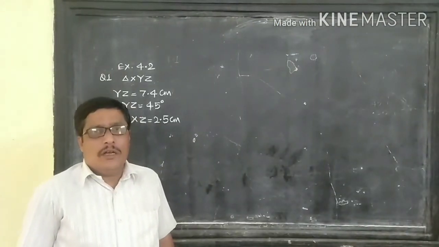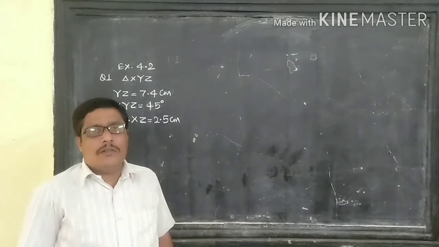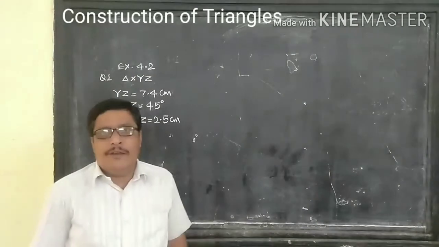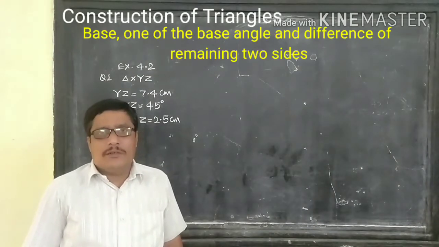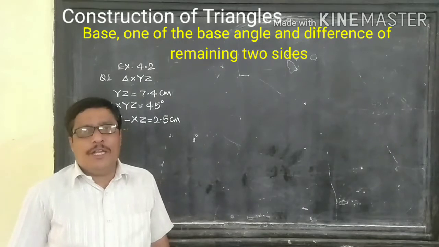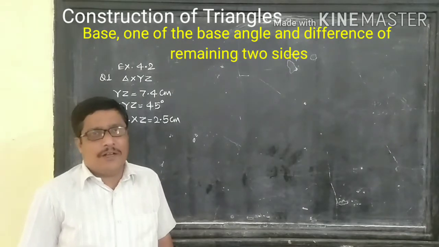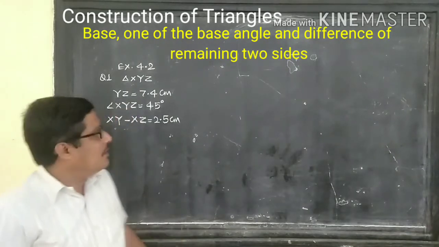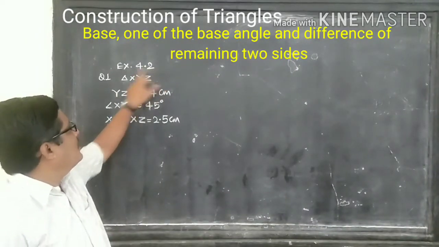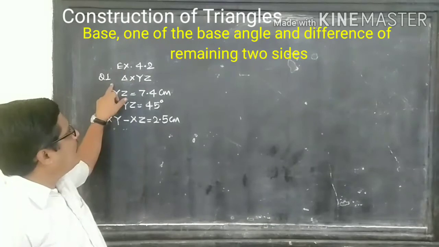Students, in this video we are going to learn the second way of construction of a triangle when one of the base angles and the difference of the remaining two sides is given. For that I have taken one example from exercise 4.2, that is question number 1, in which we are